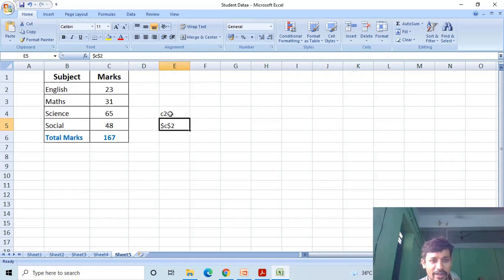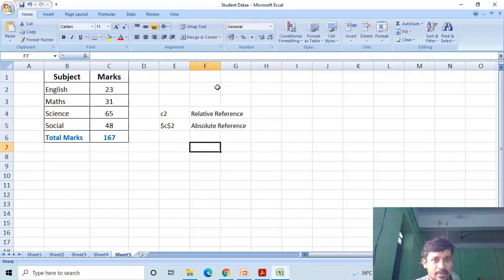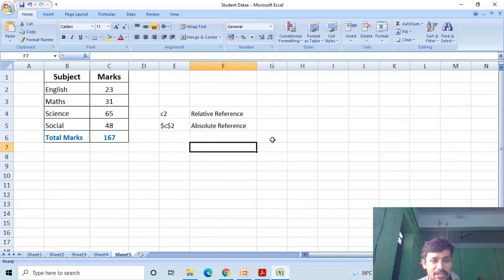If I write the address C2 only, then it is the relative reference. Relative reference and absolute reference.